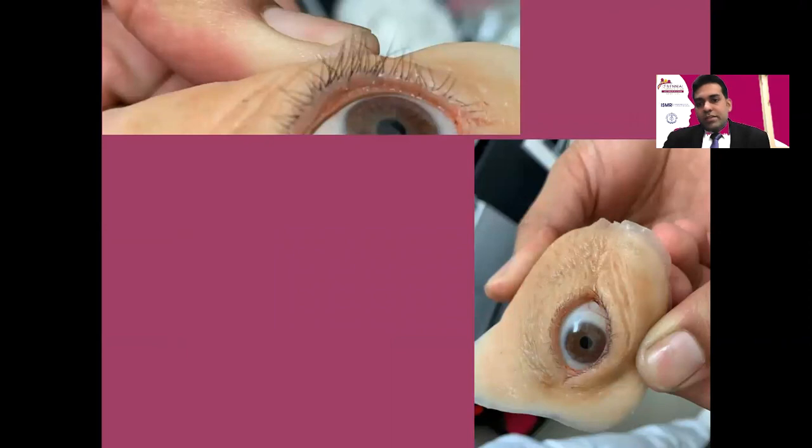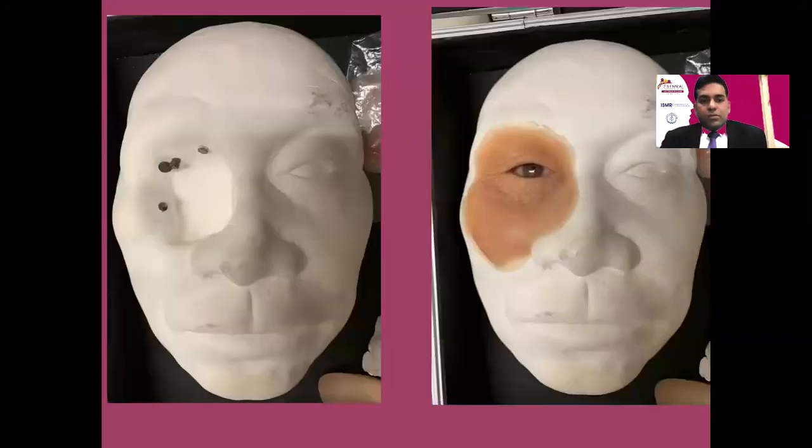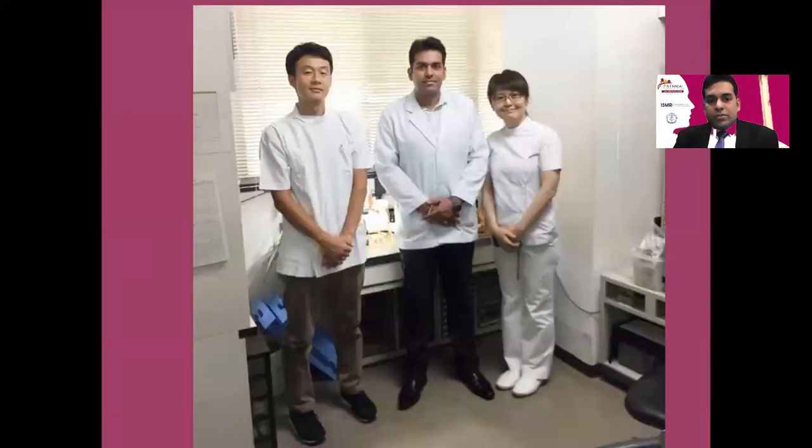So here you can see the margin is very thin, and it will lead to proper adaptation of this margin. And apart from that, it will not be visible at the junction of skin and the prosthesis. So this was another prosthesis fabricated. This was a case of implant retained orbital prosthesis. And here also you can see these thin margins, which are very well adapted. And in a similar fashion, they will get adapted properly on the patient's face as well. So again, it was a great experience to learn so many things at Okayama University.